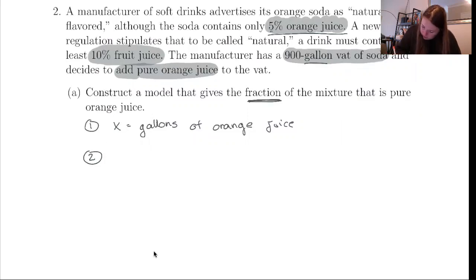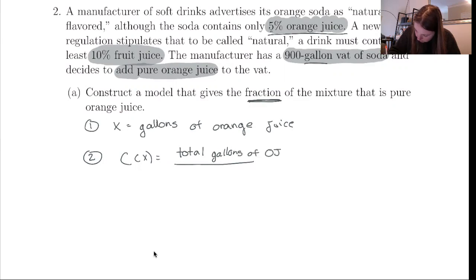What do I need? So let's call this C of X. So the top is going to be the fraction of the mixture that is pure orange juice. So that's like the concentration of pure orange juice. So my amount of pure orange juice over my volume. So total gallons of OJ, and it says pure orange juice, so you're not thinking like orange soda. It's like 100% juice, okay? And then over the total